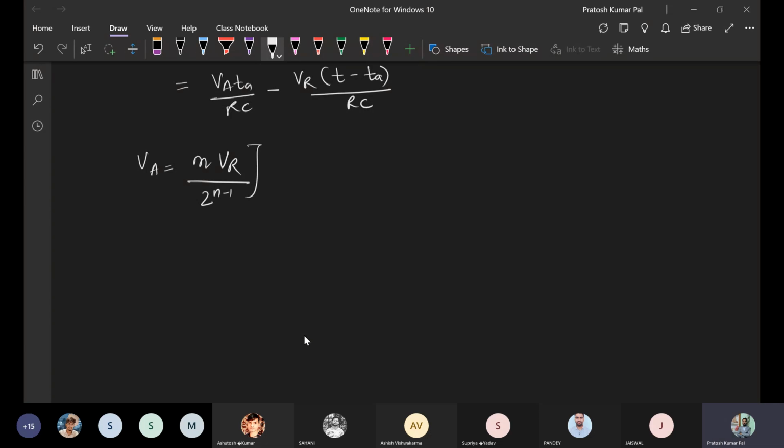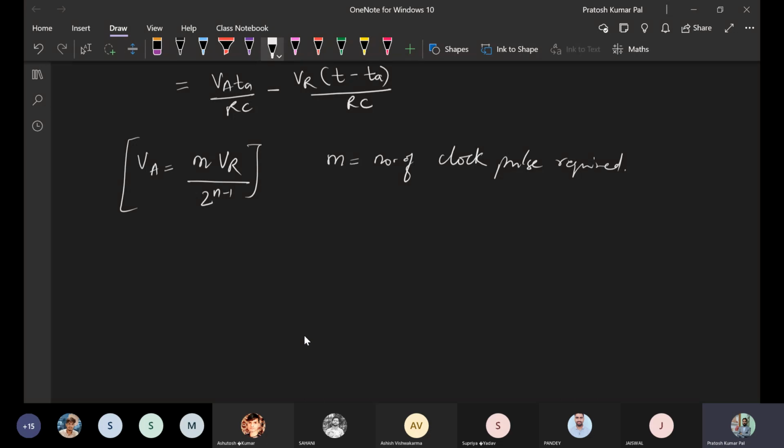So this is the value of this analog value, and here m is the number of clock pulses required, or counted